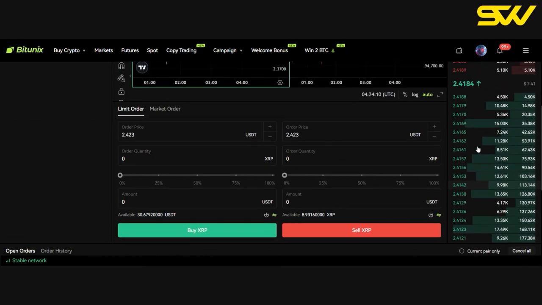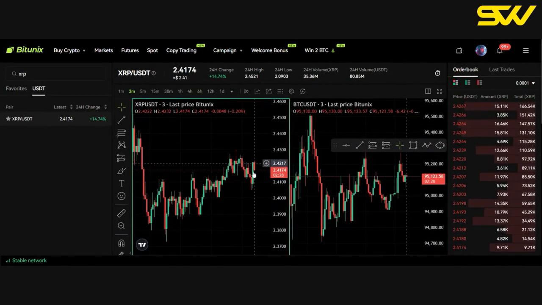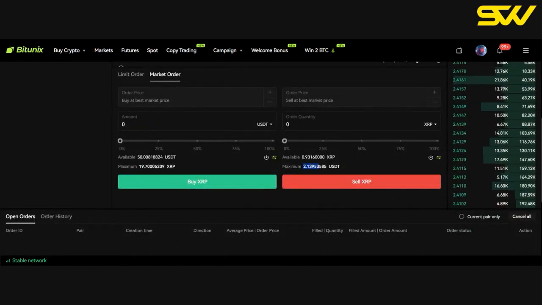So what I'm going to do now is click on market order. I want to sell all of my XRP, which is going to be 20-over dollars right here. I'll just click sell XRP. And that's it. It is not going to sell completely 100% of that XRP due to the price fluctuations, because the moment I click, the price might have dropped a little bit. So there will be a little bit of what we call slippage